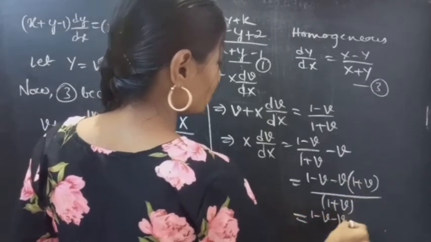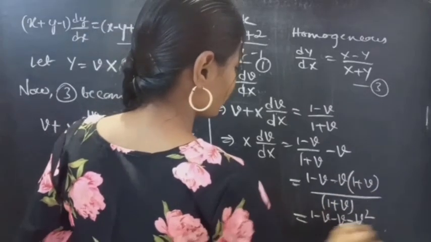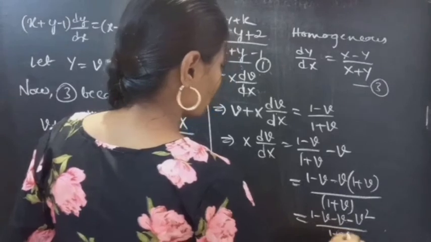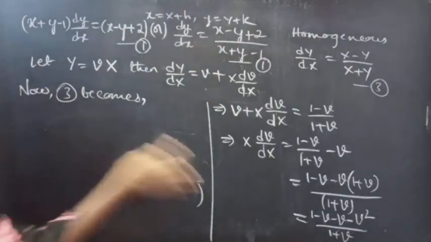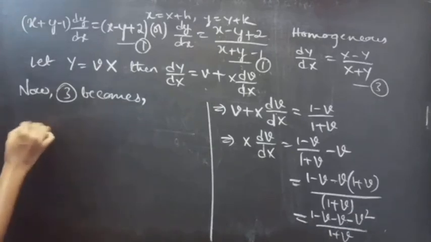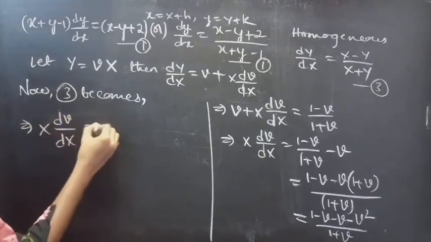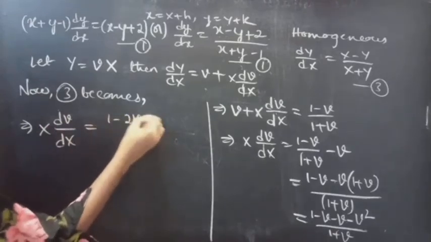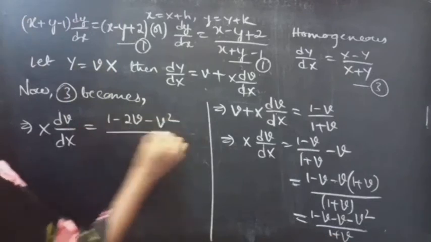Minus into plus, minus v into v is v square, by 1 plus v. Then we'll get x into dv by dx equals 1 minus v, that is minus 2v minus v square, by